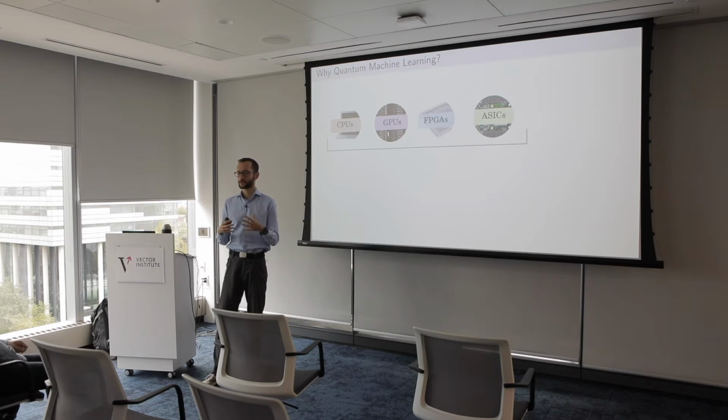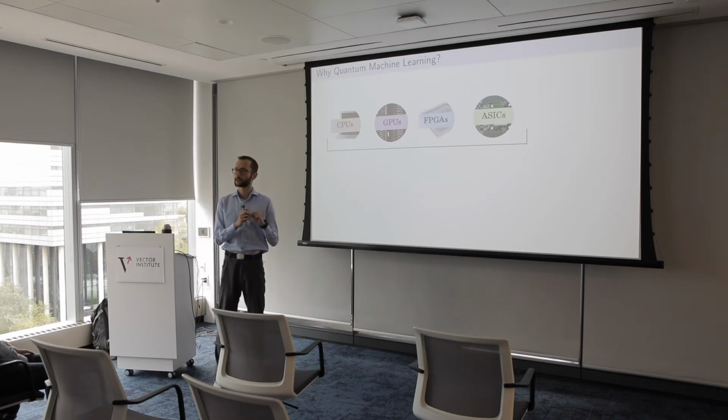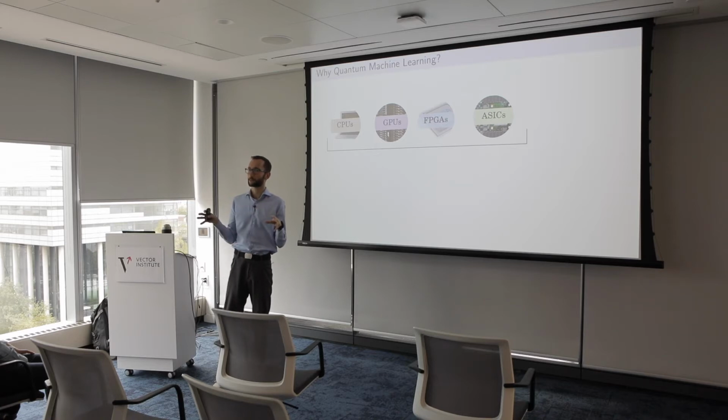But then you started to run into problems with power use. And so that's why people moved these deep neural networks towards FPGAs and then ASICs like neuromorphic chips. Some of these ASICs are already in your phone doing the face recognition. So you already have this mix of different hardware when you talk about contemporary machine learning.